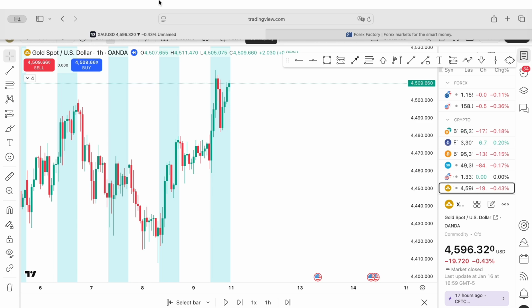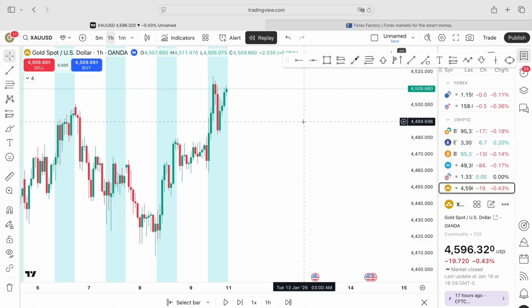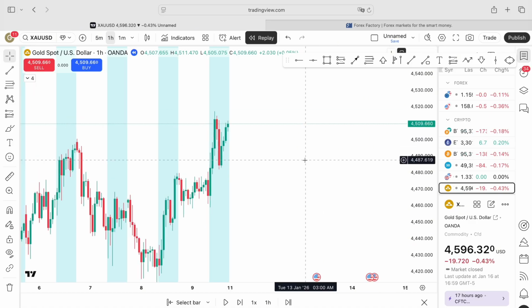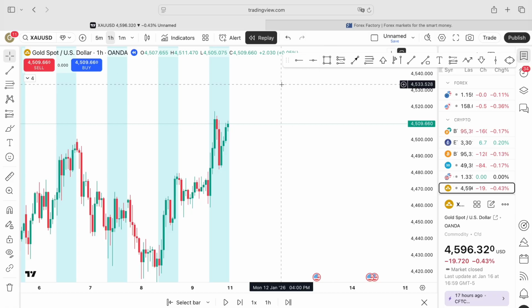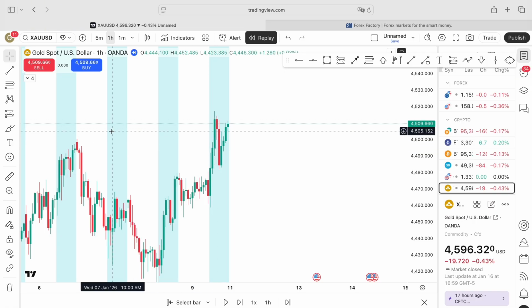Before you start looking for trades, of course, the market opens up at 6 p.m. on Sunday. I'm going to try to make this as realistic as possible. The first thing you want to do is mark up the high and the low on the 1 hour time frame, right? What is the high and the low? The high is the highest bullish candlestick that has closed over